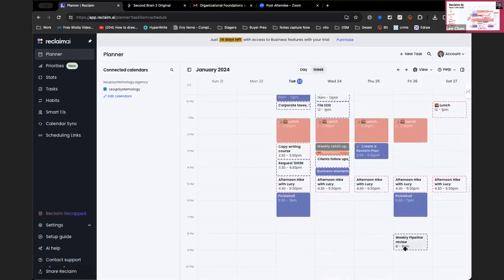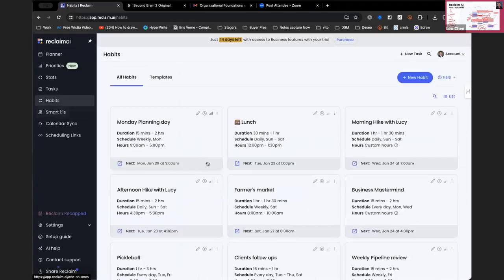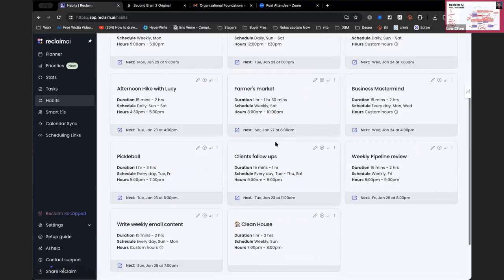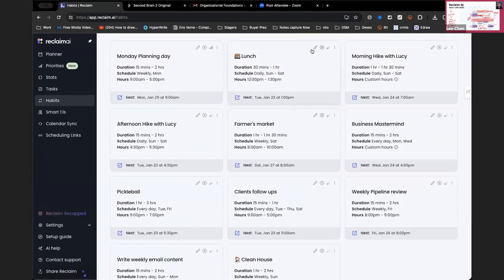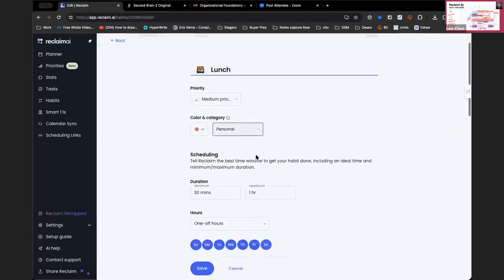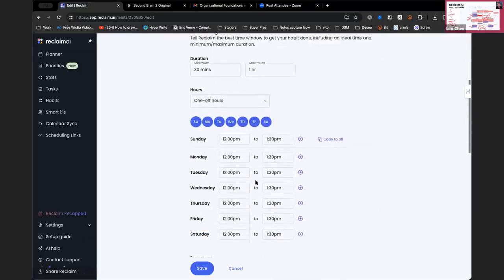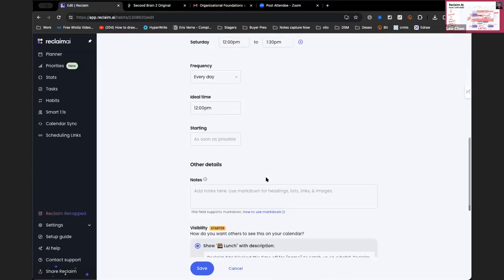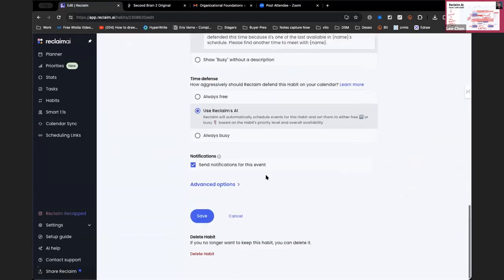And then, hey, I always play pickleball on Tuesdays and Fridays. So that's a habit. So you can create your habits. Those are more like your recurring tasks or recurring things that you do. So once you create these, then you have these rules that you can put in, what days you want them to be, and then they will automatically be managed by Reclaim AI as well.